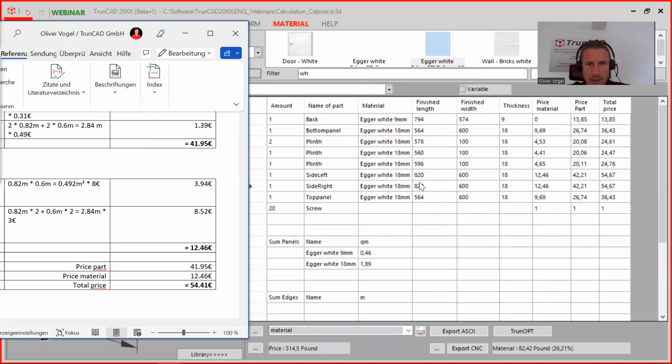So here's our right side. The length is 820 mm, so it's 0.82 meter. And the width is this 600, and here 0.6. Yeah, so that are